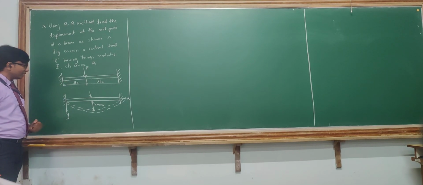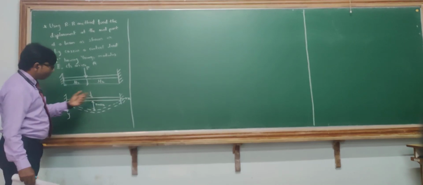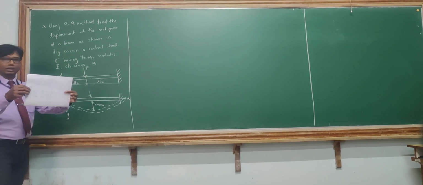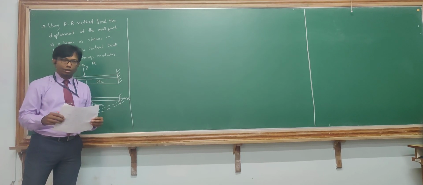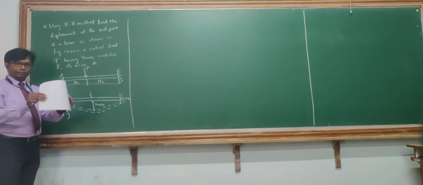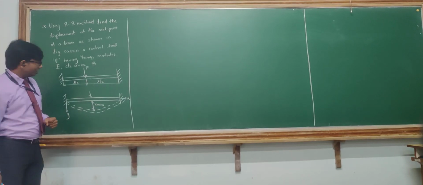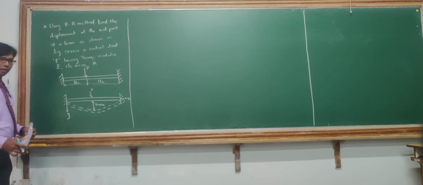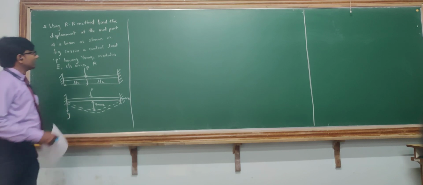So if I apply the load at the center, you can see how the deflection of the beam will take place. At the center we will have the maximum displacement. It's like this: initially it is plane, and I am bending the beam. When I bend the beam, with respect to the initial position the beam is getting bent, so you will have the maximum displacement at the center. For this case we need to find the displacement value. What is the displacement value at the center of this particular beam? So first we will start with the solution.